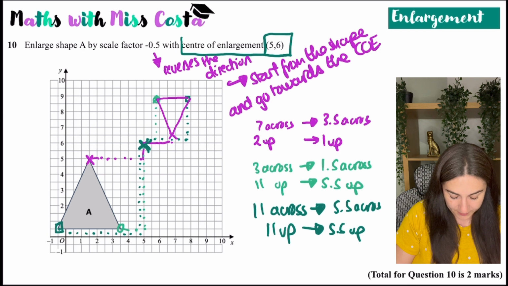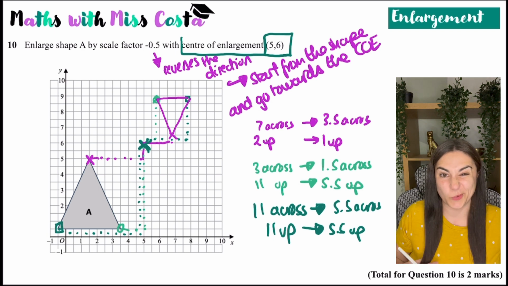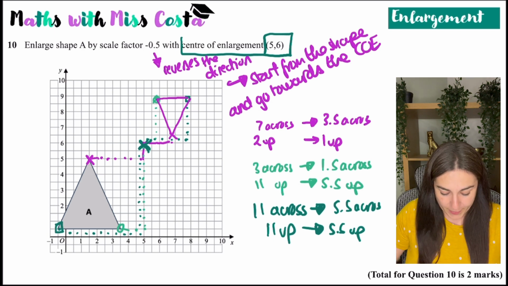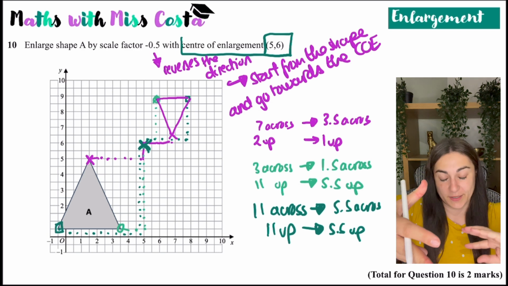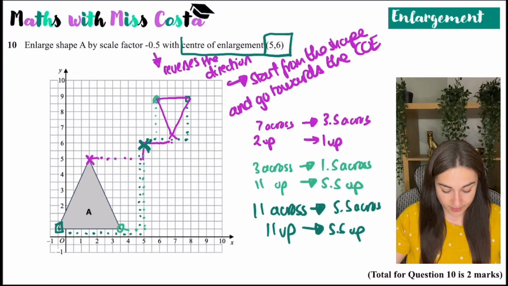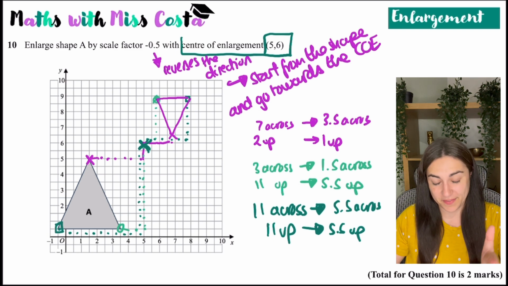like that. So in the exam, it's not going to be as annoying, hopefully. But essentially, when you have a negative scale factor, it flips the shape on its side. There are other ways that you can do it, which is using the line method, but this is the